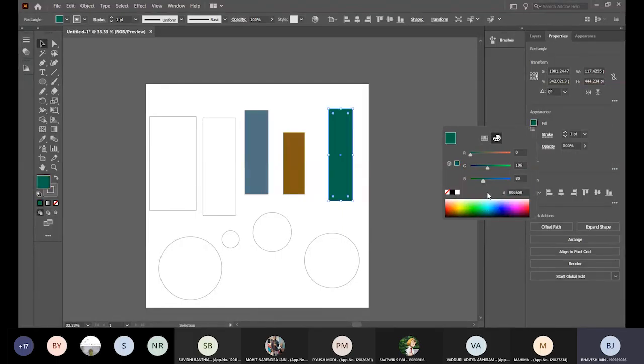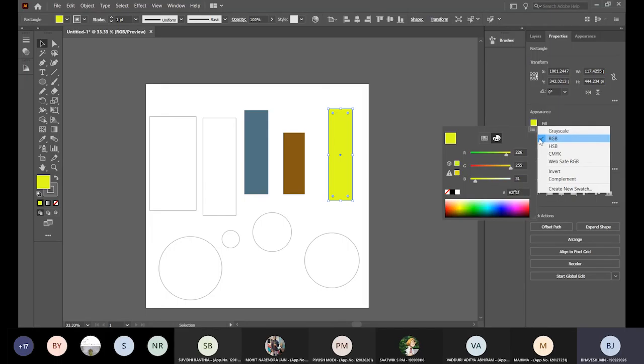And say you don't know the RGB values, you find a color that you like that's over here. So you can select it from here as well. If you want even greater control, those of you who use Photoshop might be familiar with this, the HSB or the HSL slider.